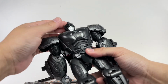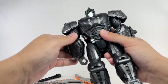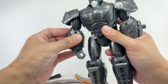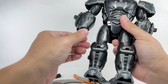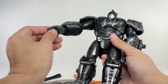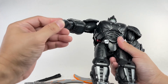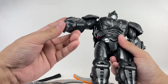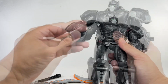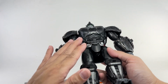As far as articulation goes, the neck is on a ball joint. The shoulders, you can go in and out, forward and backward 360. You got a sort of elbow swivel, as well as a hinge. Wrists are on swivel, and get this, fingers are articulated. You've got the first digit right here, as well as the last digit of the fingers. So lots of expression on the hands, dynamic posing here and there. The thumb doesn't move though. The waist has a swivel. And if this figure did not have a waist